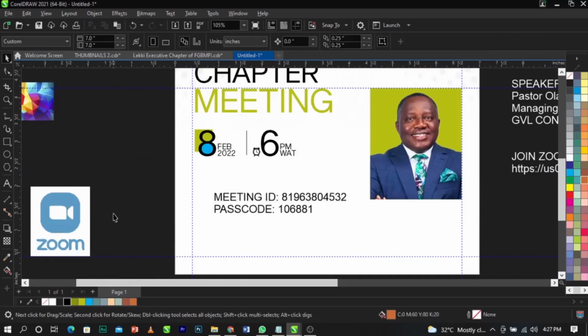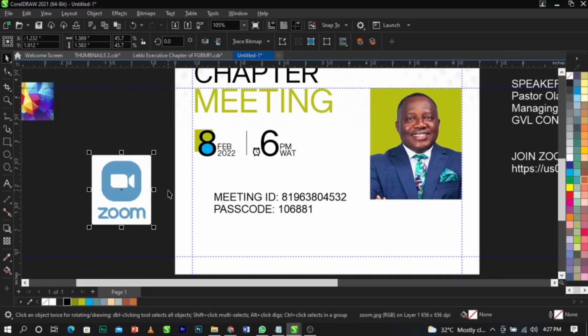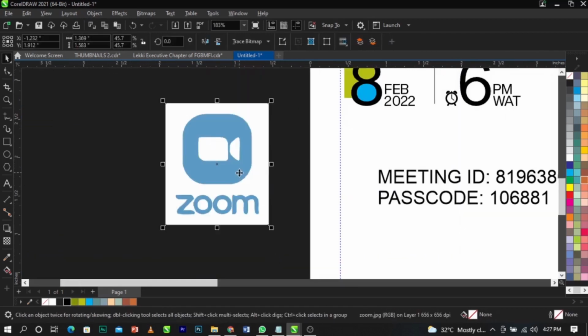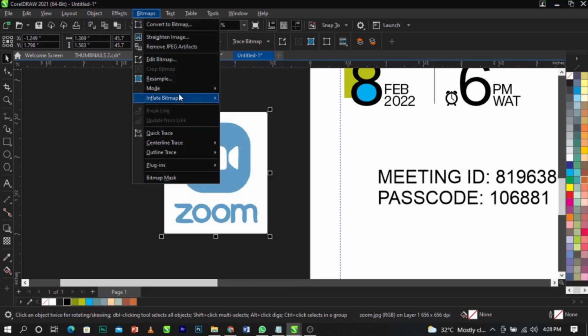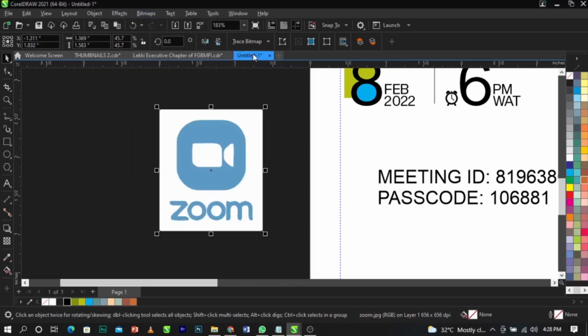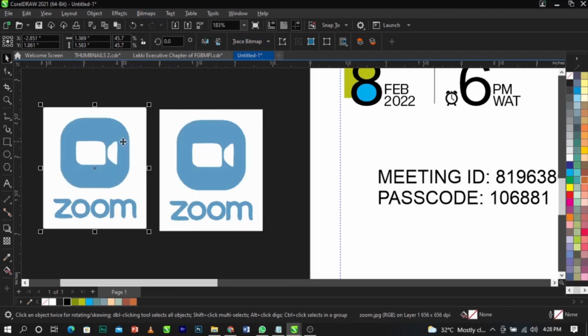Now what I'm going to do, guys, is I'm going to bring this logo. It's a Zoom meeting, guys, so we're using the Zoom icon for it. So instead of just writing Zoom there, we're going to use the Zoom icon to make this okay. All right, so what I'm going to do is extract this by going to bitmap. Okay, it's okay the way it is, but we can actually come over to this, duplicate this,